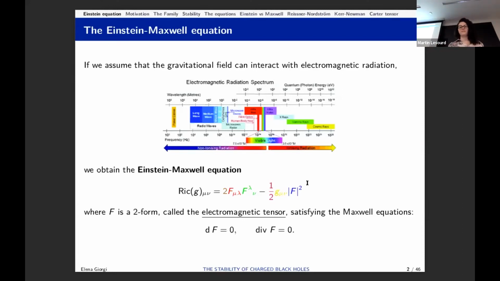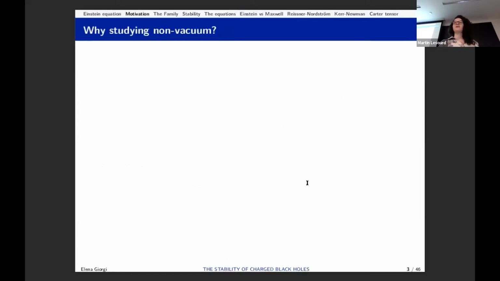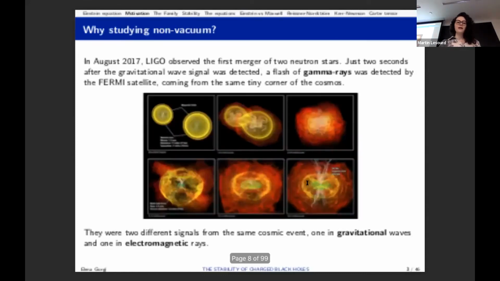So now I want to really motivate why we should consider this more difficult case, not just for the sake of doing something more difficult. Why study non-vacuum? Well, of course, a simple motivation may be that the universe is non-vacuum. It's clearly non-vacuum, but to be more specific and look at something that is attainable from a mathematical, physical understanding point of view,